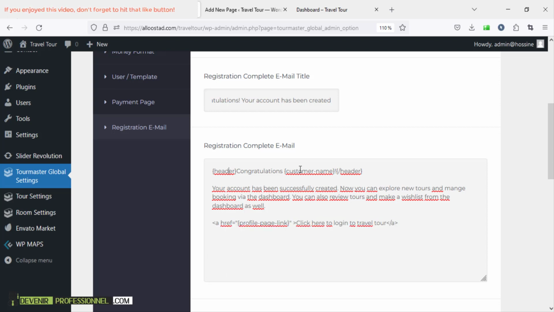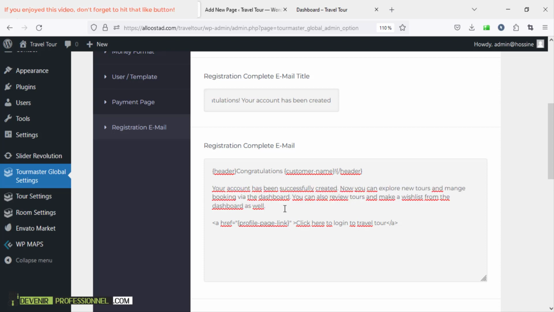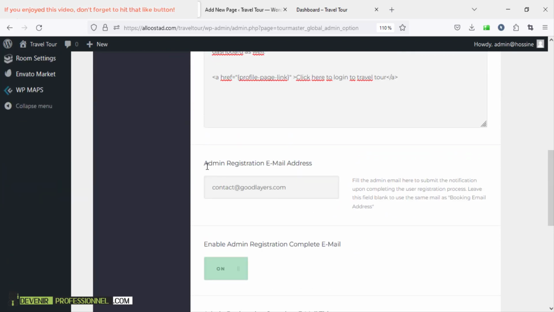As for the header and his name, it's better to leave this, or you can edit it to add your text, maybe to add your phone number or any useful information for you. From here, admin registration email, here you need to add your email,